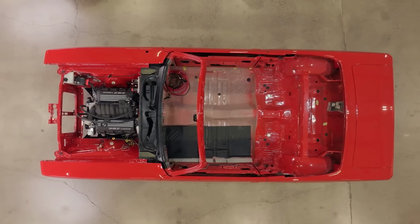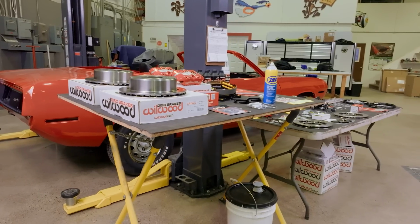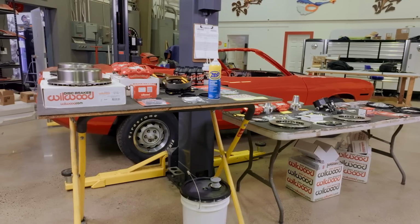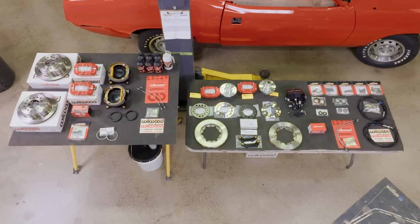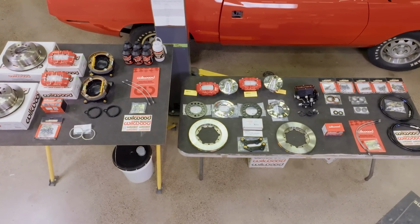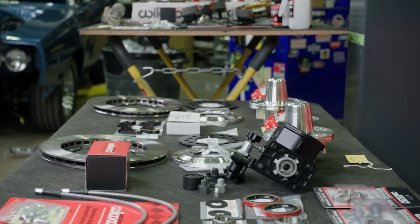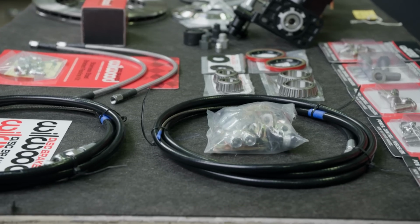Immediately upon being reminded, Mark set out to do his research, which led him to Willwood Brakes. Now that we've received all the components necessary to convert this classic to four-wheel disc brakes, Mark and Brian compare the original brake system components to the new brake system components and show how they're installed. Now, the first thing that really jumped out at me as I was going through the parts and doing the